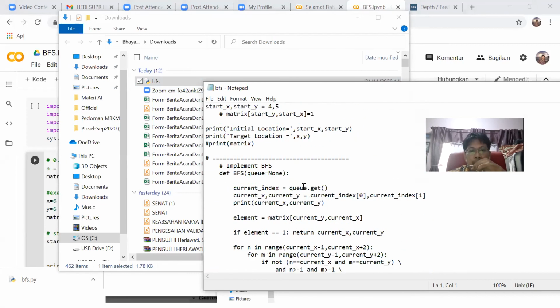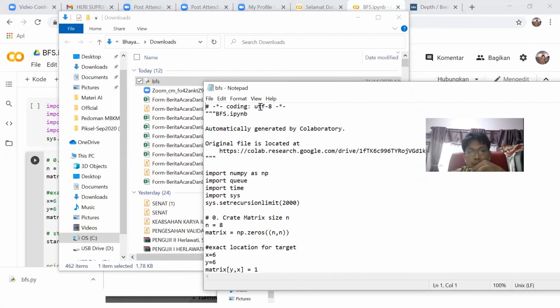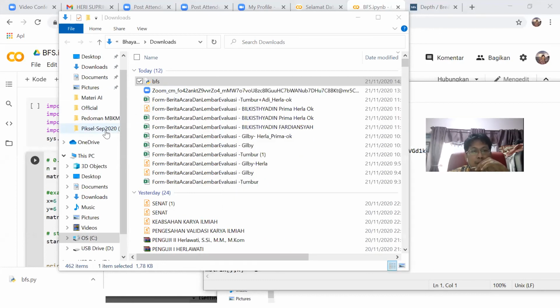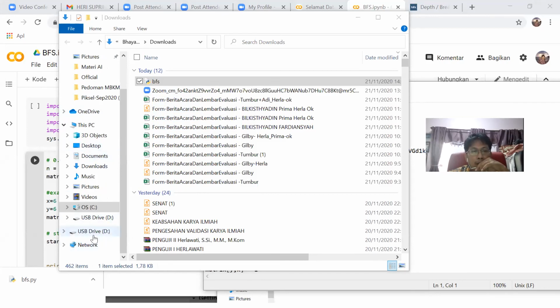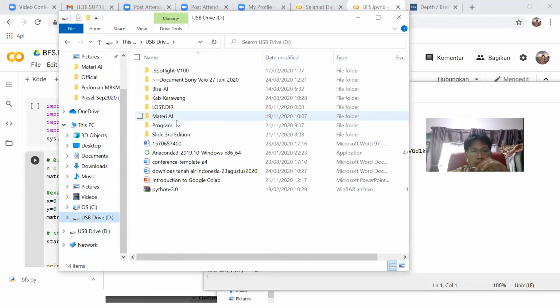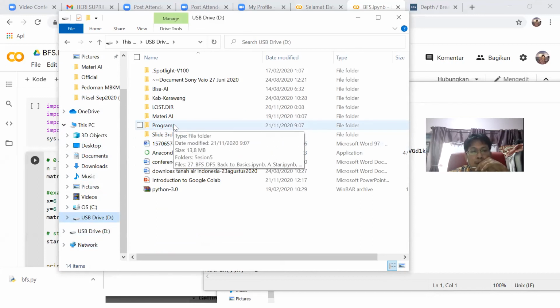This is the version of Python. Because if we just use the IPYNB, there is an HTML format if you open it in a conventional editor.